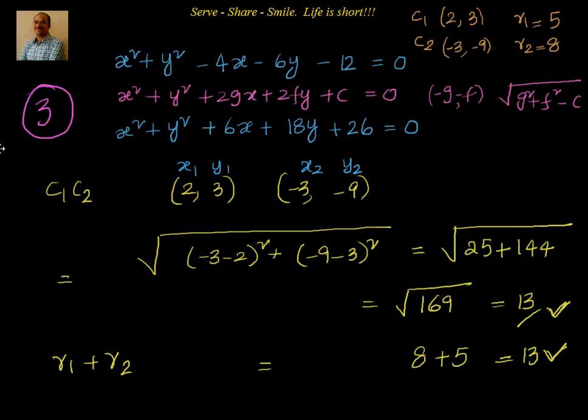Let's summarize this. We have been given two circles. Looking at the standard equation, we know the center is (-g, -f) and the radius is square root of g square plus f square minus c. We found the centers of the two circles and the radii of the two circles. After that, we checked the distance C1 C2 against R1 and R2. We know that if C1 C2 equals R1 plus R2, then the two circles touch each other externally, which means there will be 3 common tangents. So that's one interesting problem which was asked in 2015 Main. I just thought of sharing that with you.